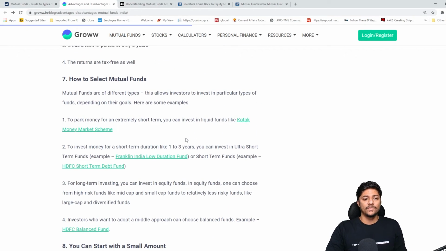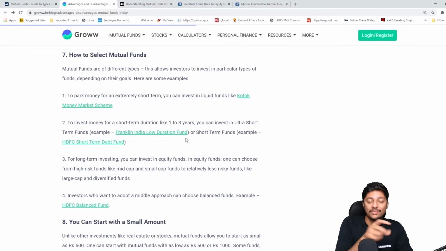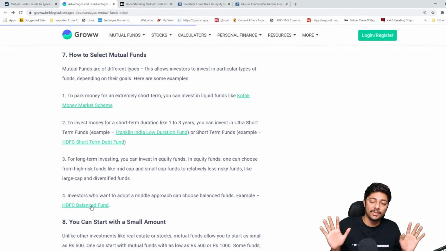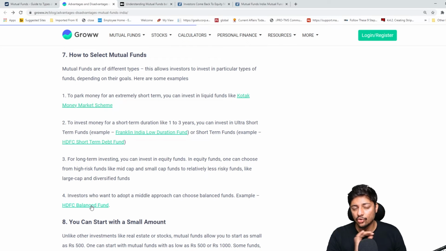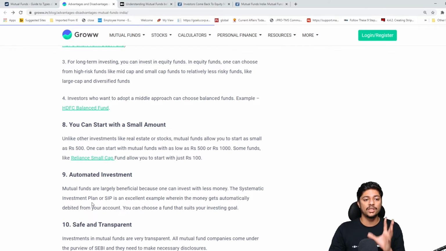The next thing a lot of people think about when it comes to mutual funds is how to select, because there are so many types of mutual funds. Itna confused kar diya hai, there's this type, that type. Don't worry, I will come to this part. It is my responsibility to teach you what the different types of mutual funds are. But see, low duration ka ek fund banaya, short term debt ka ek fund banaya. Then they're like, we'll balanced fund bhi banayenge. Dude, they have made so many funds. It is unbelievable, right? But you don't need to worry about that. You only need to know a small number of funds to be happy in the stock market.